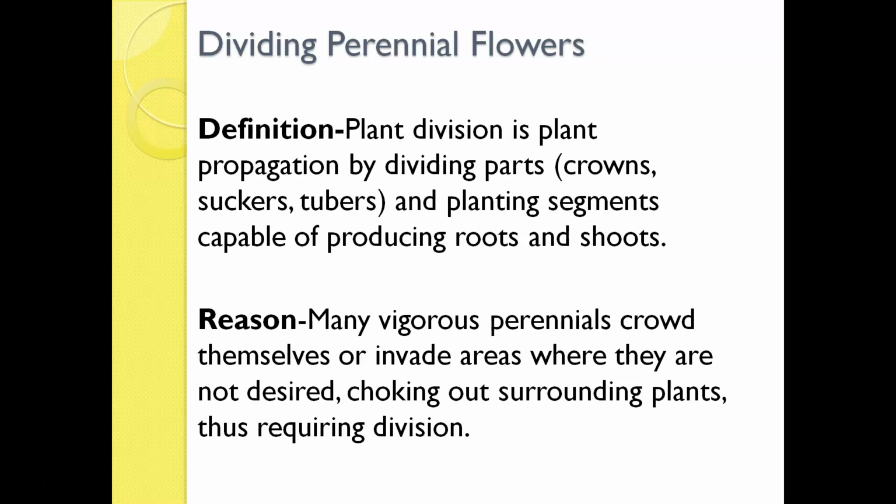So we've talked about pruning, we've talked about watering. Now we're going to move into another maintenance chore, which is dividing perennial flowers. Dividing is really just taking a section of an existing perennial flower and planting it elsewhere, dividing up the plant, keeping one portion of it where it was originally planted,